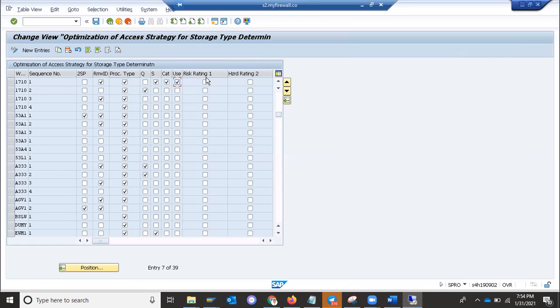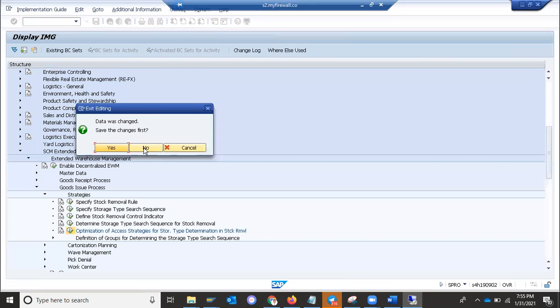So all these we can have some specific matrix table for optimization of the particular strategy for stock removal based on the priority. So sequence is nothing but these are the priority. So first priority will be this, right? Second priority will be this, third this, fourth this. And every priority you can see these are the indicators. Okay, but every indicator has got its own impact for the strategy, right? So this is called optimization for your stock removal strategy. So you should not save it.